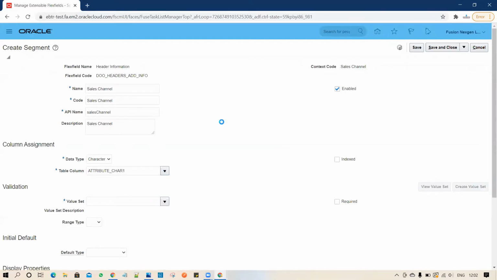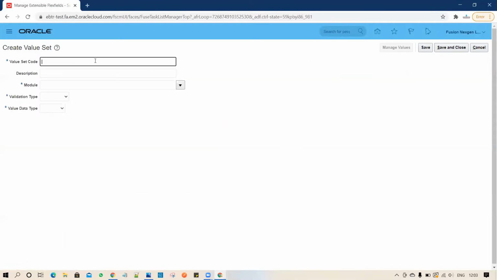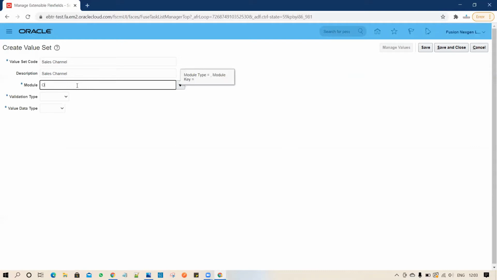So you have to click on create value set. I'm selecting Sales Channel, and for the description I'm putting the same, Sales Channel, and then I will select the module called Order Management.